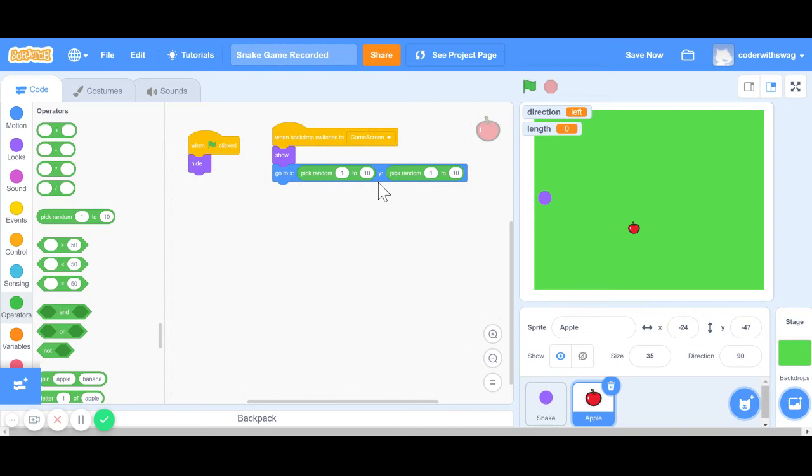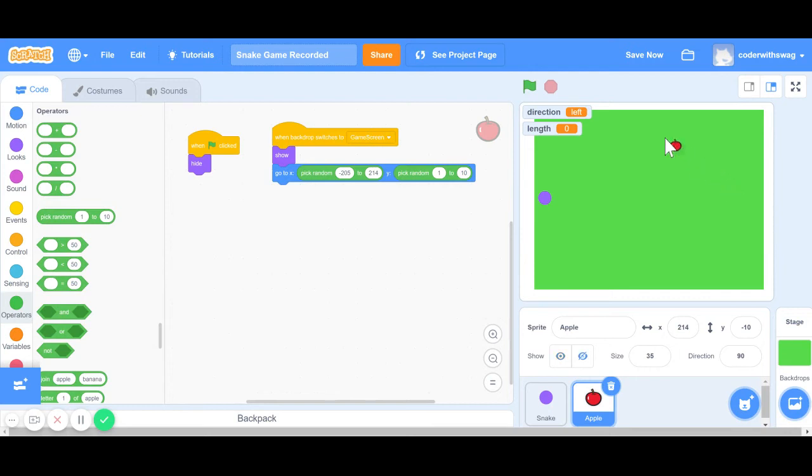And 1 to 10, the coordinate range for that is way too small. So in order to determine the X coordinate range, you want to see what the max coordinate of the green screen is, and that's -205. And then you want to see what the positive max coordinate on the other side is, and that's 214. So this immediately tells me that my green rectangle, the game screen, isn't perfectly centered, but that's okay,